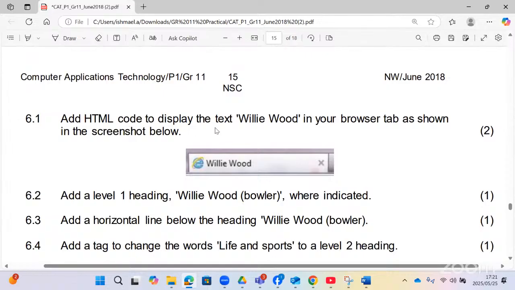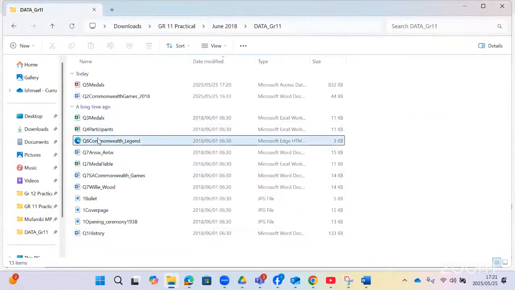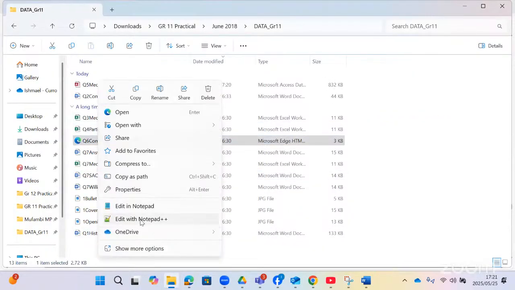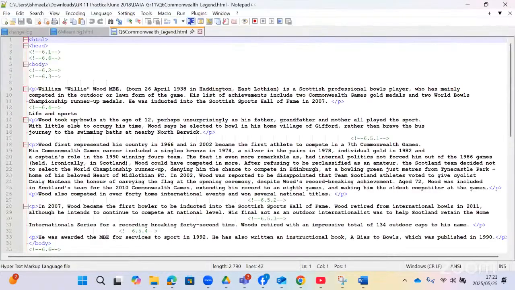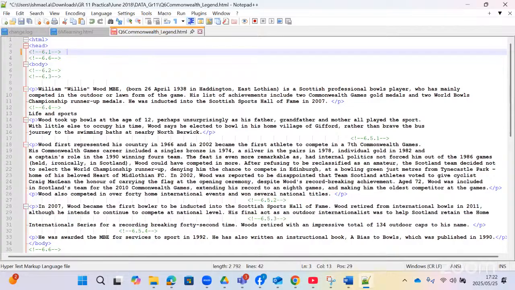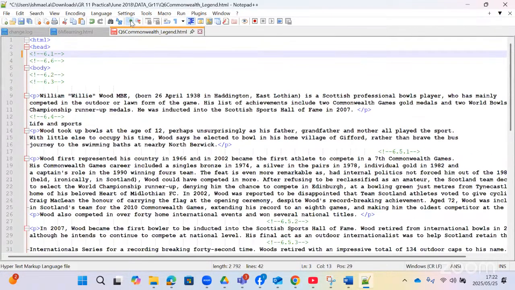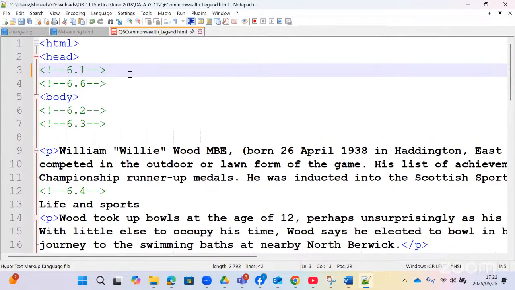Add HTML code to display the text Willie Wood in your browser tab. Now the moment you see browser tab, that means title. So we open the HTML, you right click and choose edit in Notepad++. Where you see 6.1, that's where you must answer the question. It says browser tab, meaning you must make it a title. So it should be title,